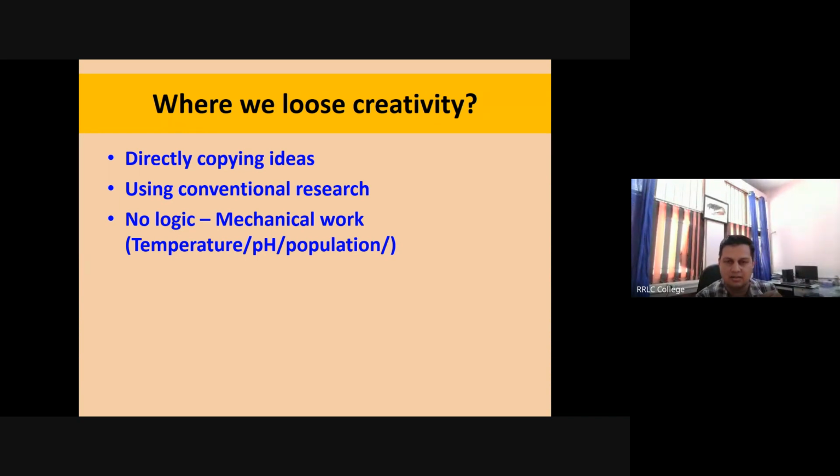Now this is not logical. A researcher is purely doing mechanical work, what is already done by some other people, and that's why he or she is also using the same thing. Why is there no logic, right? Because sometimes I go and take the temperature at 10 o'clock on Mandvi beach. The second time the bus gets late, or for some reason I reach there at 1 o'clock, I take the temperature and come back. A person sometimes takes the temperature at 5 o'clock because that time is comfortable or available.